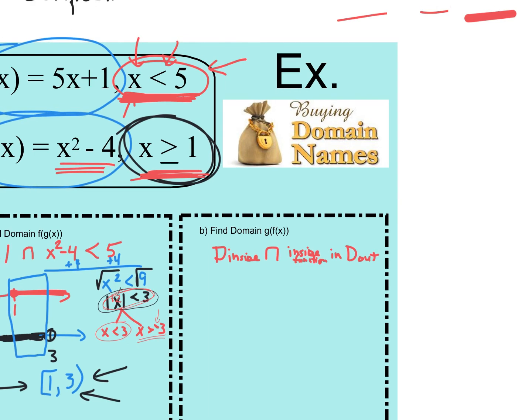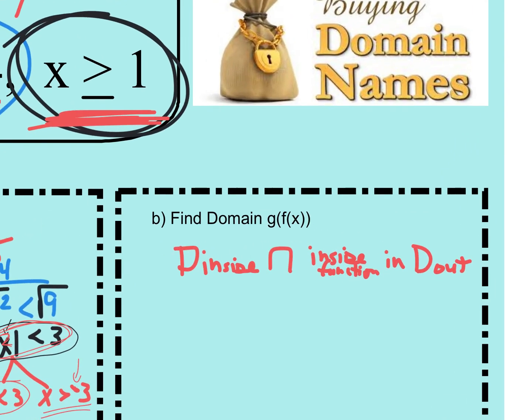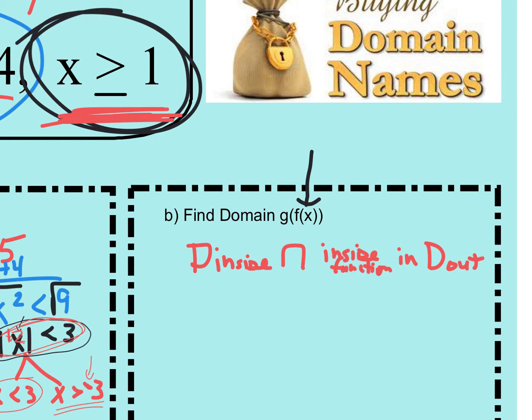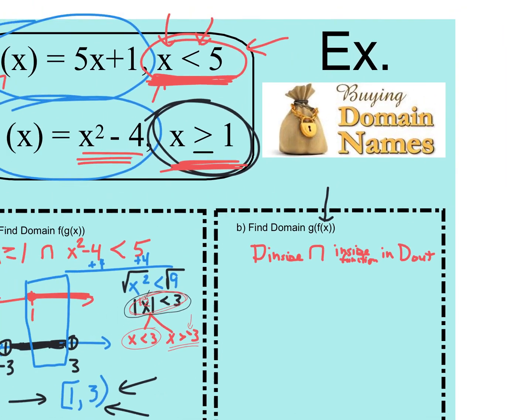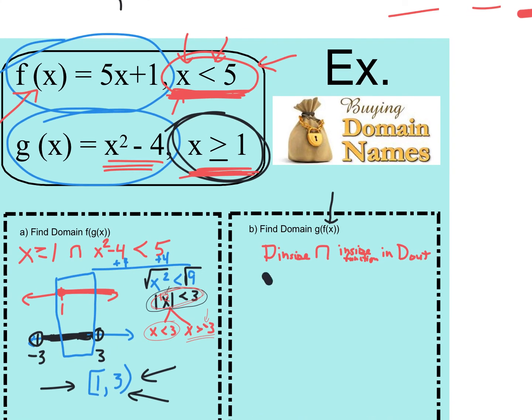Okay, let's see how you did. The domain of the inside. In this case, the f of x is on the inside. I hope you noticed that. The f of x is on the inside, so it's the domain of f, and that's x is less than 5, intersected with the inside function, which again is the f function, which is 5x plus 1. So 5x plus 1